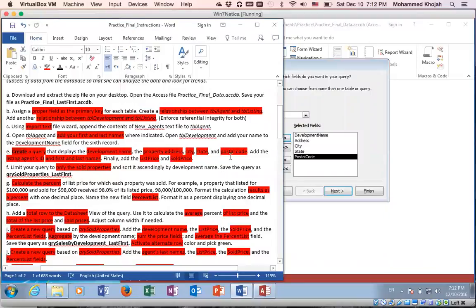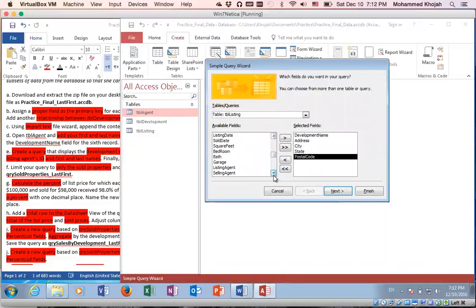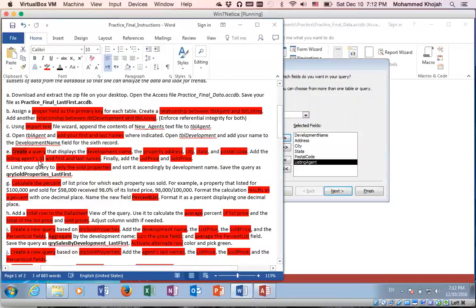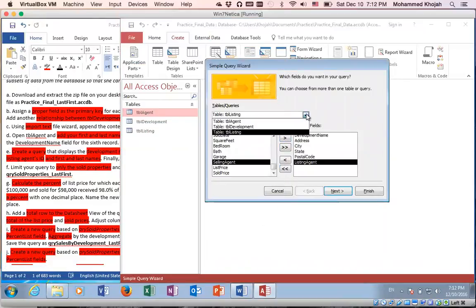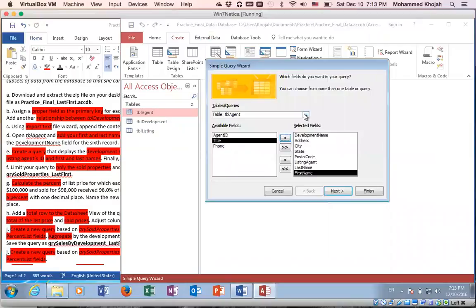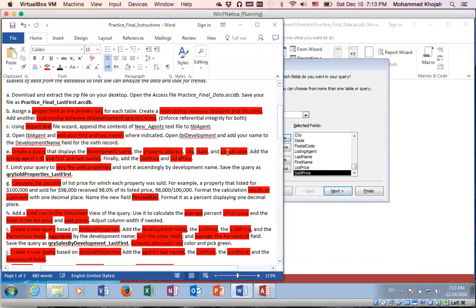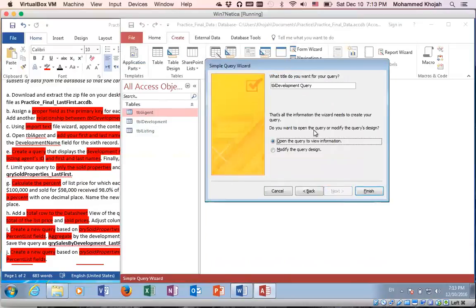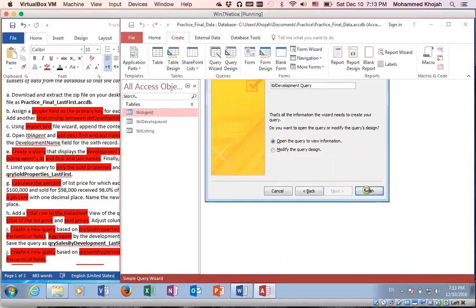And listing agent's ID. This is the ID of the listing agent. First name and last name of the agent. So I'm going to go to the table agent. I want to see their last name and first name. We also want to see the listing price and the sold price. So I'm going to go back to the listing. We have the listing price and the sold price. That's all. We're going to click next, give it a proper name, and click